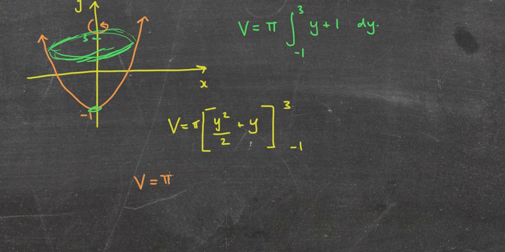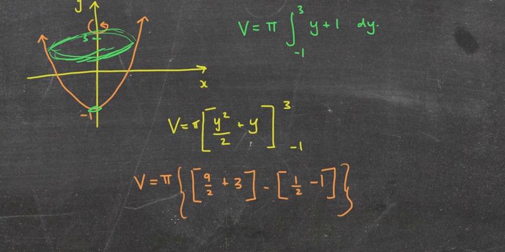Volume equals pi times 3 squared is 9 over 2 plus 3, minus negative 1 squared is 1 over 2 minus 1. Now put that in my calculator. Obviously we've got pi at the front. Chuck that in. We're going to come up with 8. So therefore the volume equals 8 pi